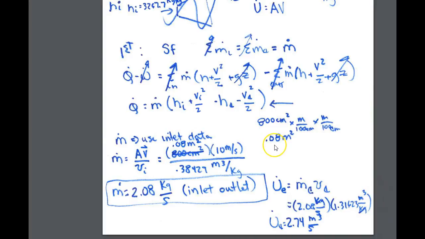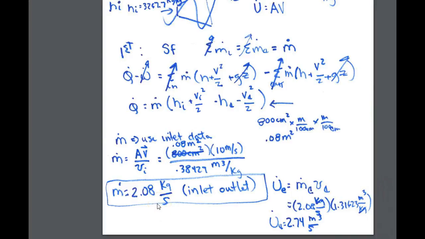So the cross-sectional area on the entrance, 800 square centimeters, is the same as 0.08 square meters. So we put that data here, times the velocity divided by the specific volume, which we get out of our property tables for steam at the entrance conditions. We find that our units cancel nicely, and we come up with a mass flow rate of 2.08 kilograms per